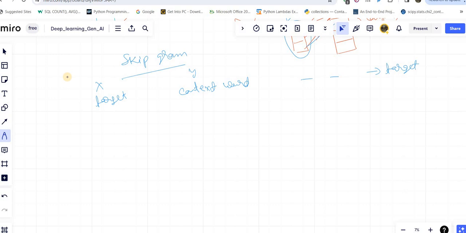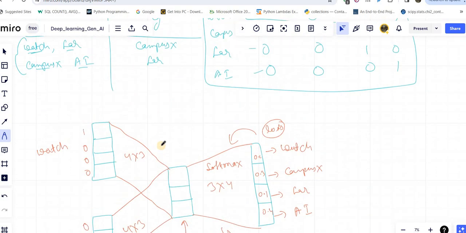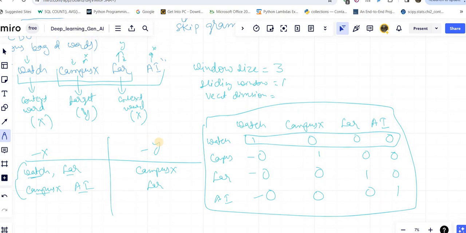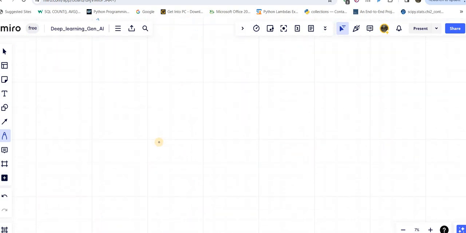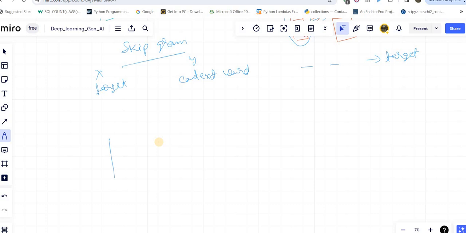Because of this, for the same data, this one will become the x, and this one will become the y for the skip gram. And for this the architecture will look like this. Here the target is one word, so definitely only one, and the input neurons are 4 because there are a total of 4 unique words. Then in the center, if I want a dimension of 3 vectors for every word, that will be 3. And at the end, because we need to predict the two context words,